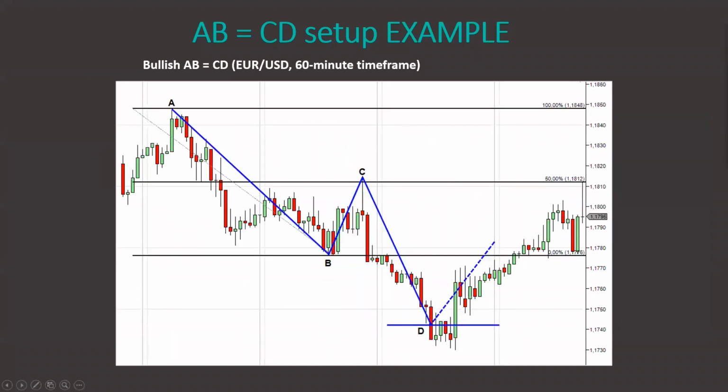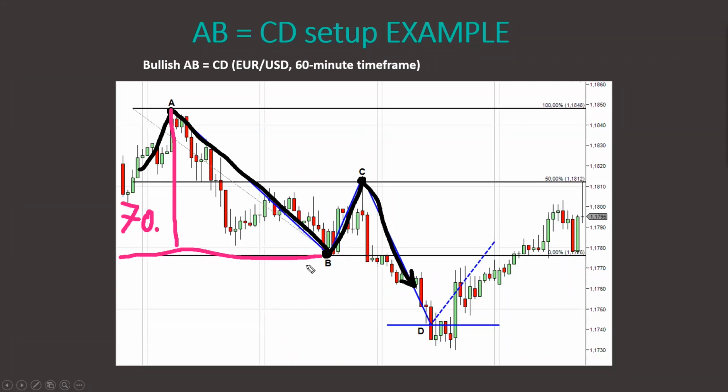All right, this is a long trade scenario of this. So again, swing point A, price goes downwards. Then swing point B, price turns, a little pullback to the swing point C, and the price starts moving downwards. At this point, you want to measure the distance from A to B. Let's say that it's 70 pips in here, and the same 70 pips, you measure it with Fibo, and this is the D, right? This is it, and you go long from there.